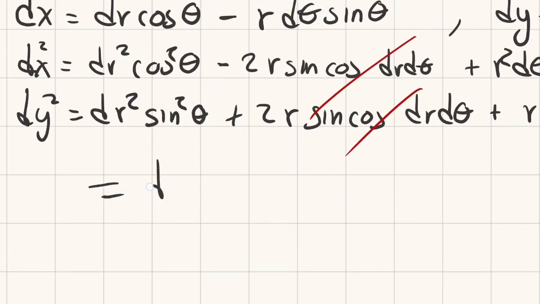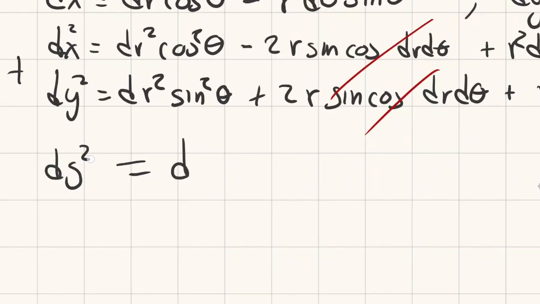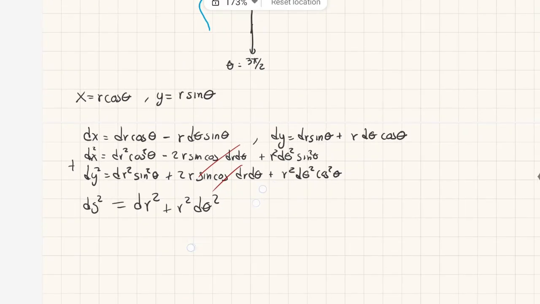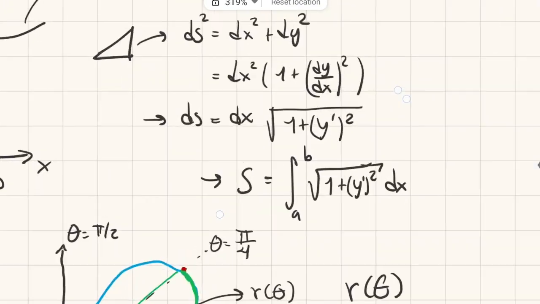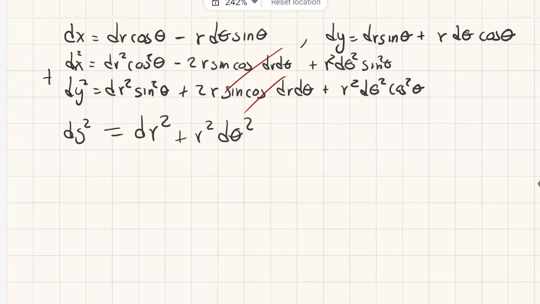That will give us, well, if we sum, we will get that ds squared is equal to dr squared plus r squared d theta squared. Recall that ds squared is equal to dx squared plus dy squared. Okay, perfect. So I think that with that, we have already our differential element of length corresponding to the polar